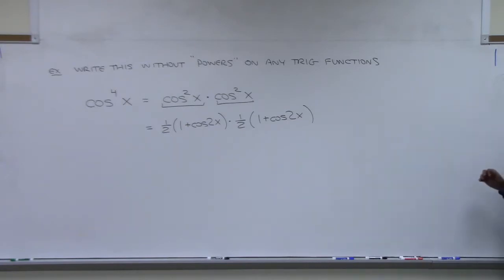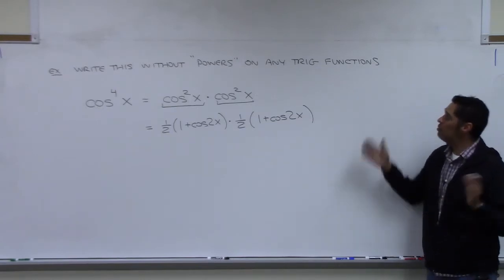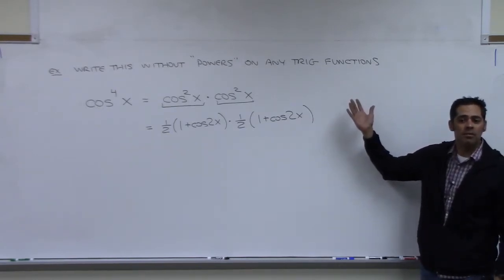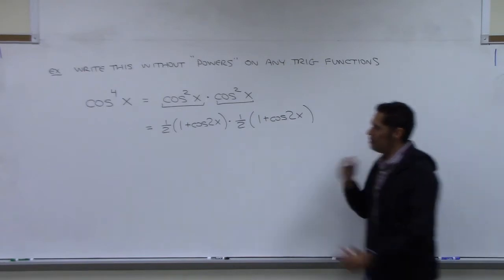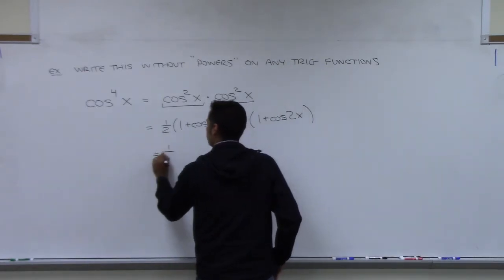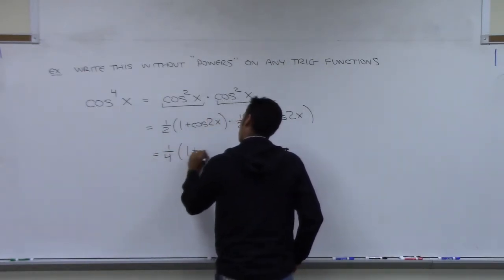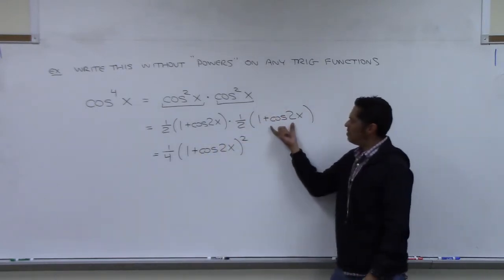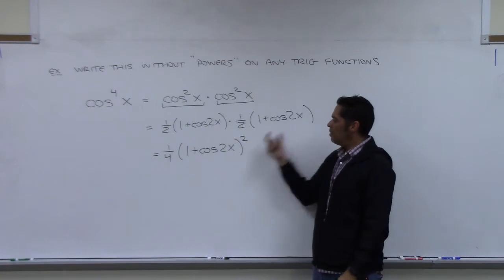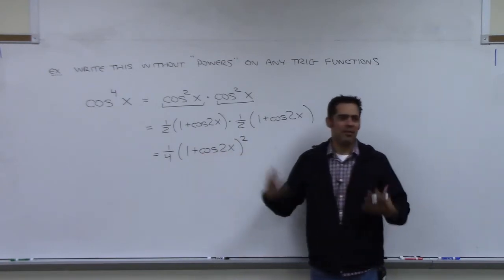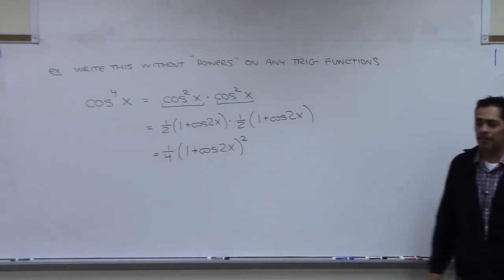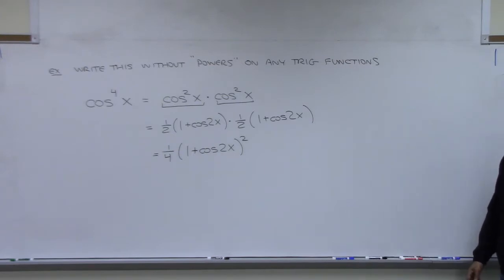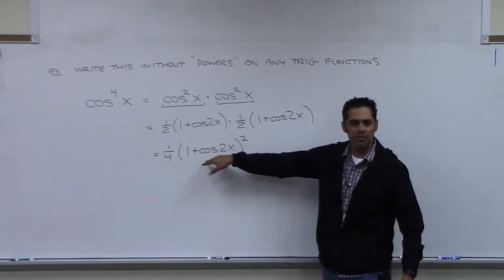Okay, now you might argue right now that you no longer have any powers. But I would disagree with you because if I clean this up, this is this times this, right? So it is squared. So if I squared that, I would actually still have some powers, wouldn't I? All right, let's square it. Let's actually square that. Let's multiply this times itself. That means